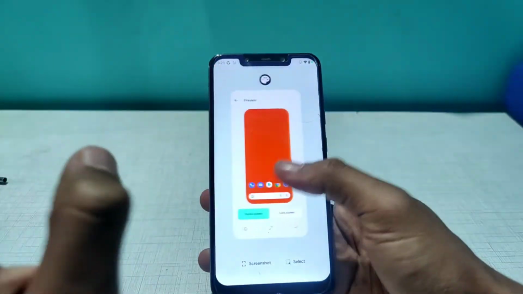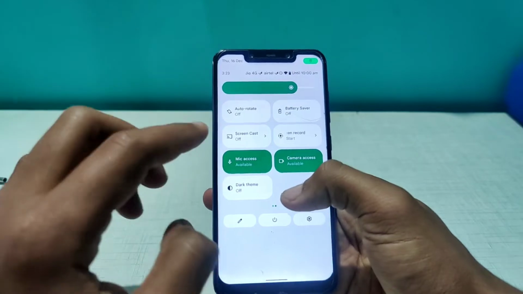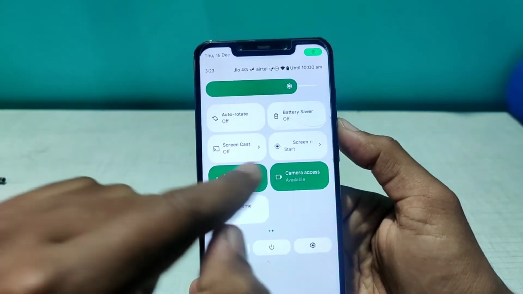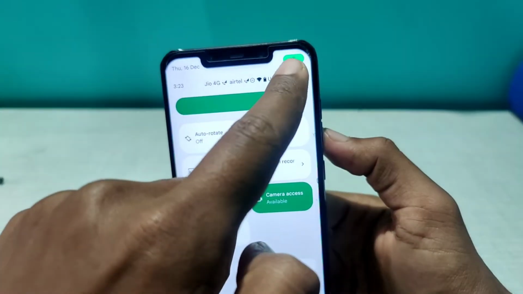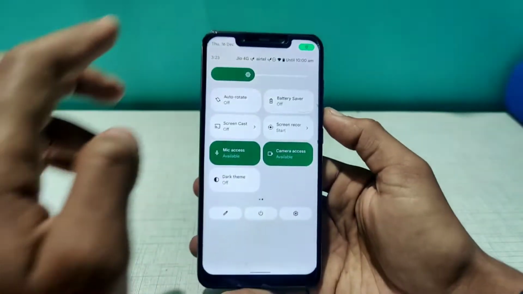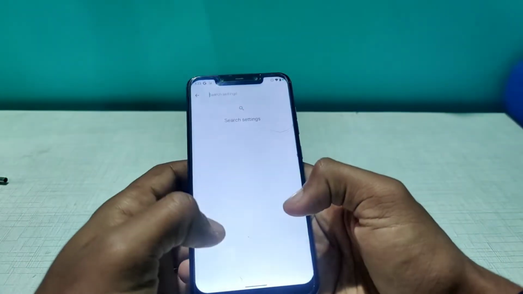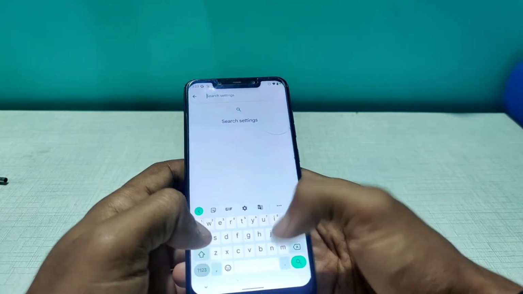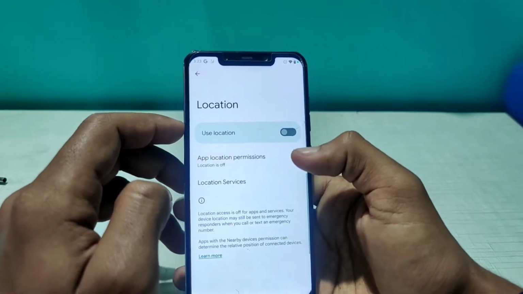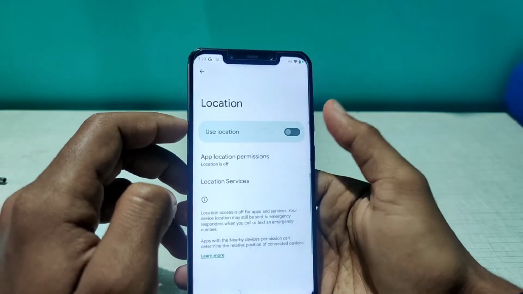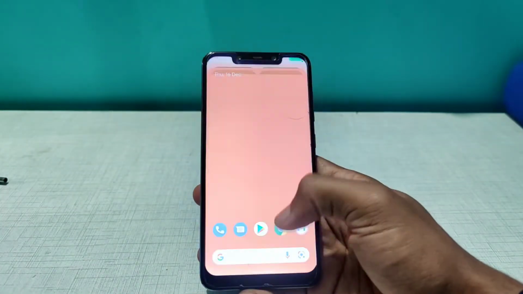And trust me, Material You is all about animations and the super amazing UI, right? From here you can see a camera access button and mic access button available. And here you can see a green button going over here. So this means right now your phone is accessing your location. Let me go and search location. If I see, the location is turned off, for some reason it's showing the location. Maybe we'll just restart it and it will work fine, right?